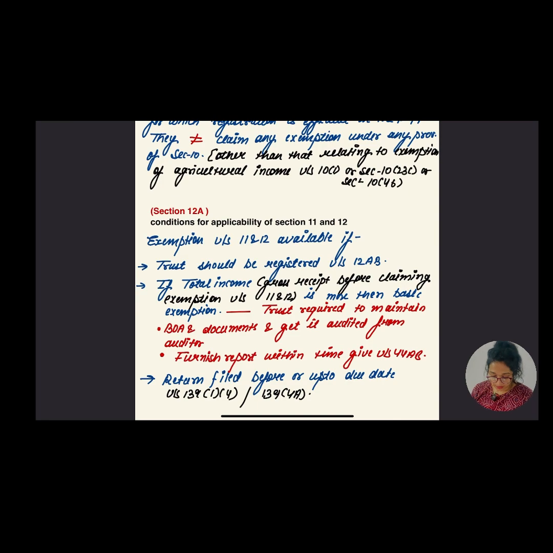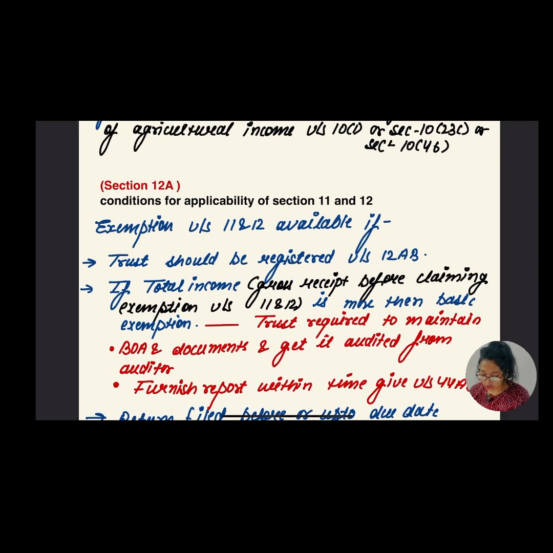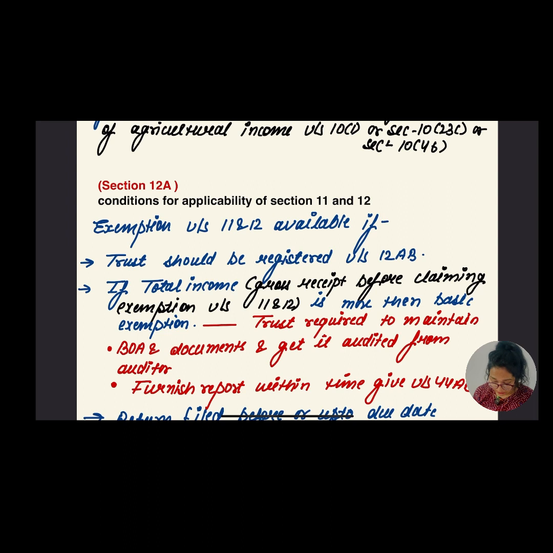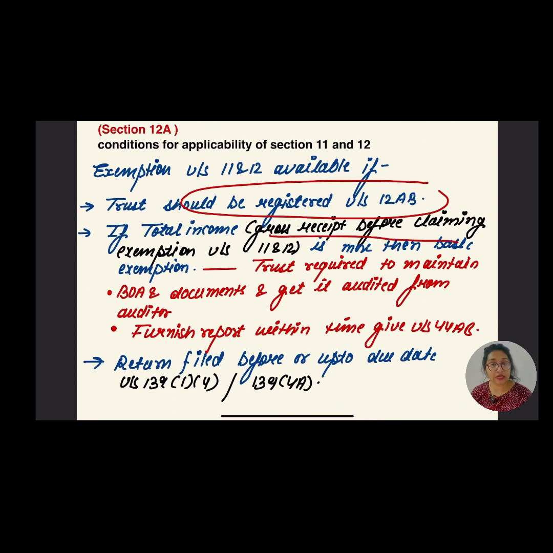Section 12A, condition for applicability of section 11 and 12, which says these following conditions are to be fulfilled. If not, then in that case a violation is going to happen, okay. So let's go for it. Exemption under section 11 and 12 if the trust is registered under section 12AB, okay, and if total income, which is gross receipt before claiming exemption under section 11 and 12, is more than the basic exemption, definitely in that case the trust is required to maintain